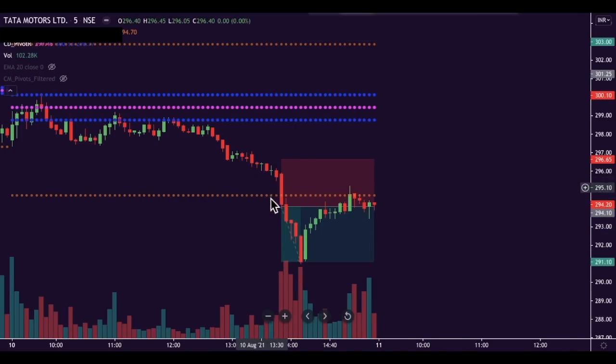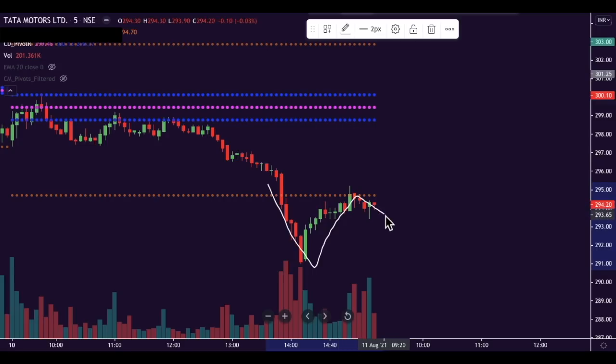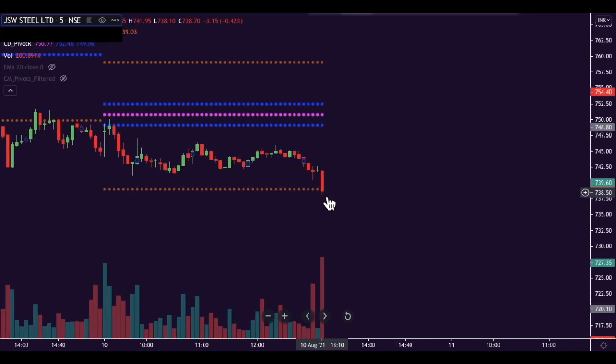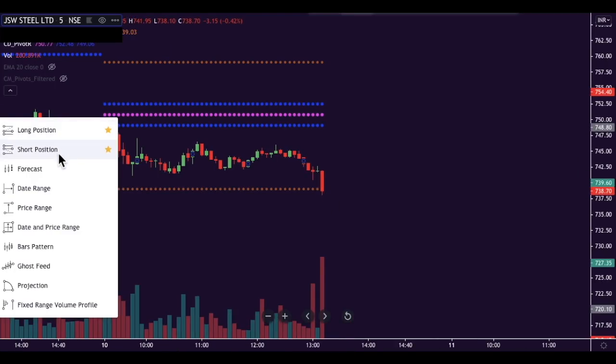And look at the volatility. Selling, buying, again, quick momentum will happen, right? So it's better to avoid trading after 1:30. Let us see the last stock for the day. Now traders, this is a chart of JSW Steel, okay, exactly at 1:10 we got a breakdown with a small wick. Okay, if I was in this situation, what I would have done, I would have entered this trade because